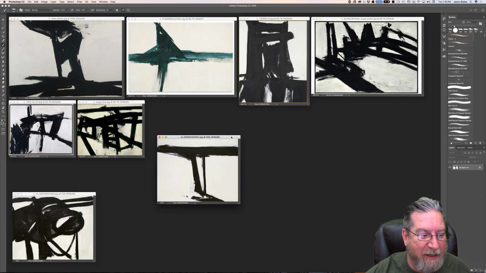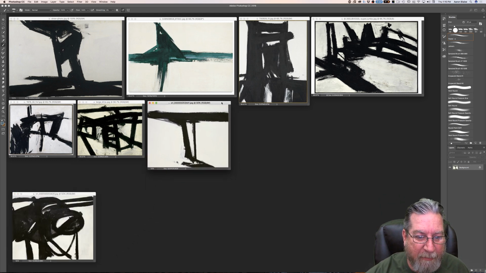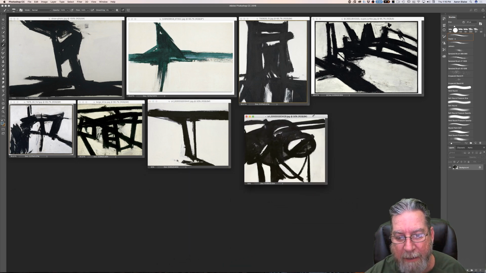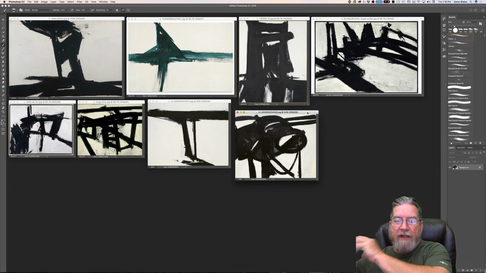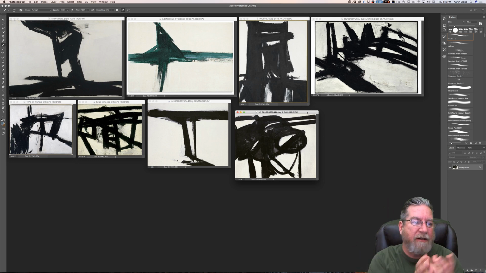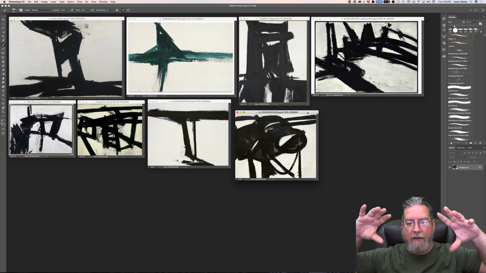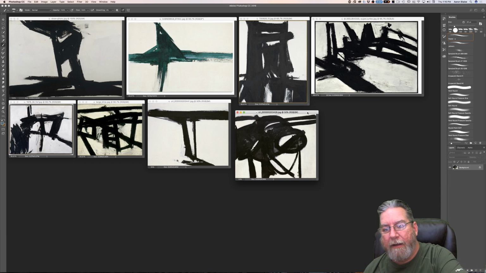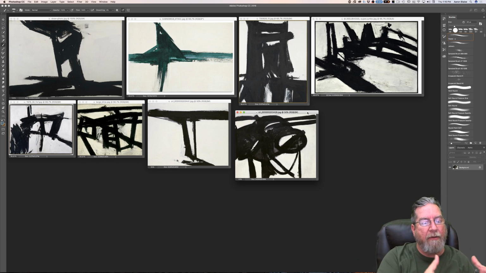So this is Franz Kline. Some of you may not like it, some of you may like it. But to me, this is a step. Now we've stepped away from the calligraphy, and to me it's still the same idea. It's breaking up white space, two-dimensional space, the rectangle, into pleasing shapes. It's still not representational yet, but you can see how this can lead to starting to get into representational